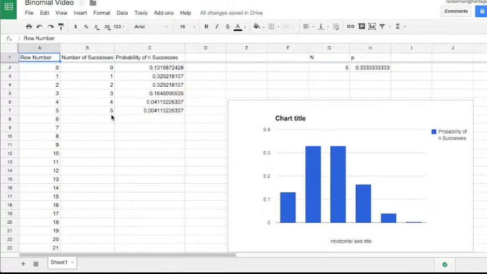The link to that is in the description down below. And I've made this so that it is as usable as possible. You don't need to know a lot about Google Spreadsheets in order to use this, and there's a lot of automation here. First off, I have a row number. That's really just an internal use